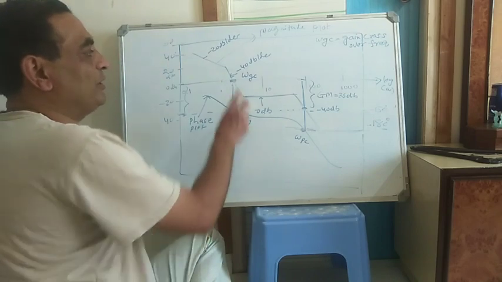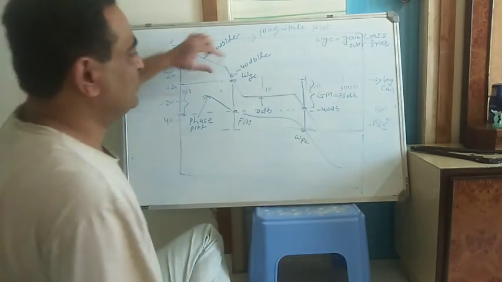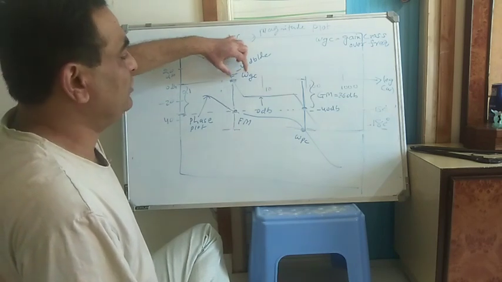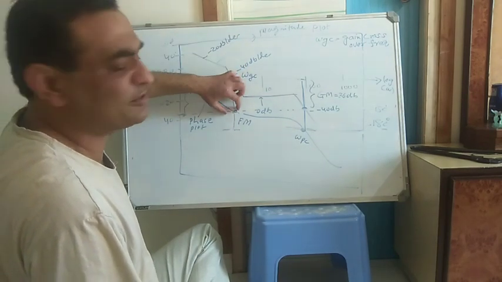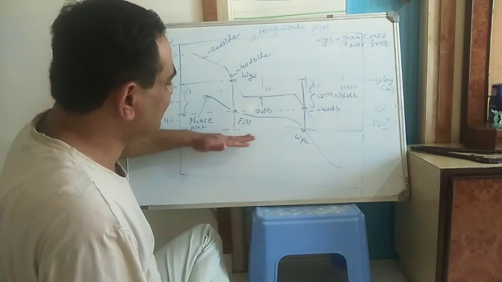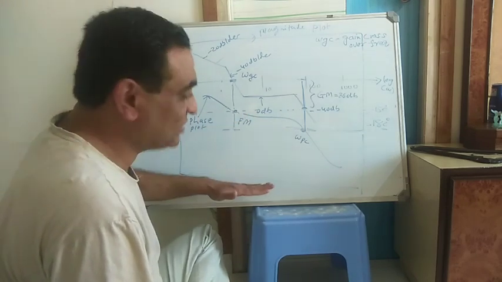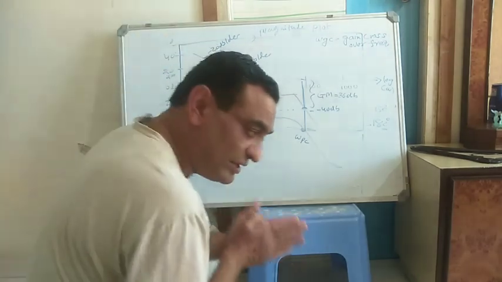Now once you calculate omega GC and omega PC, you need to project them. This is the gain crossover frequency omega GC. You need to project it on the phase plot. The phase plot is this and it crosses here. Since it is above the minus 180 degree line, it is positive. If it is lower than the minus 180 degree line, the phase margin is negative.